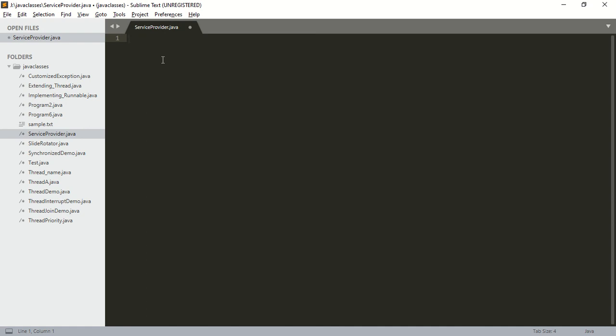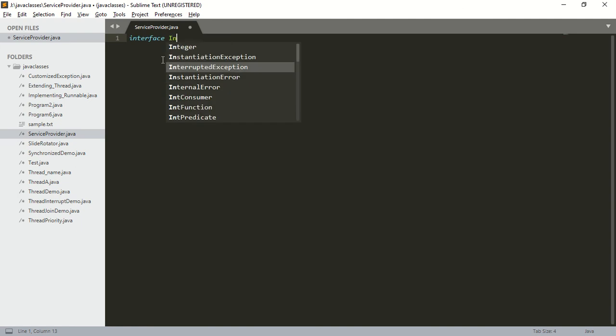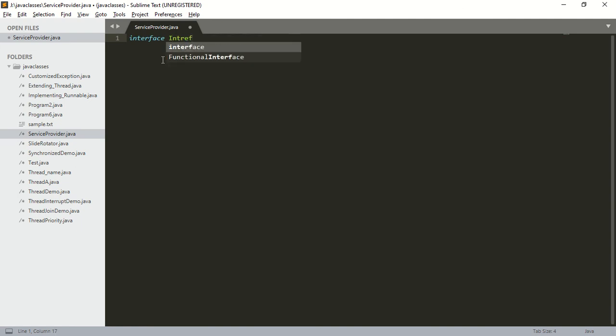How to declare an interface? An interface can be declared by using the interface keyword. After this we have to provide a name for the interface. I will name it interf. Next, within the interface, we should specify the requirement specification.